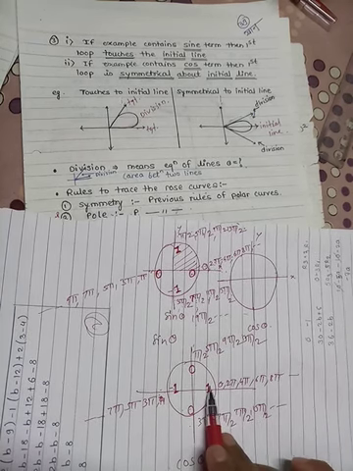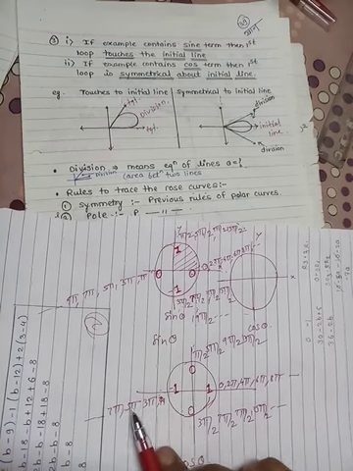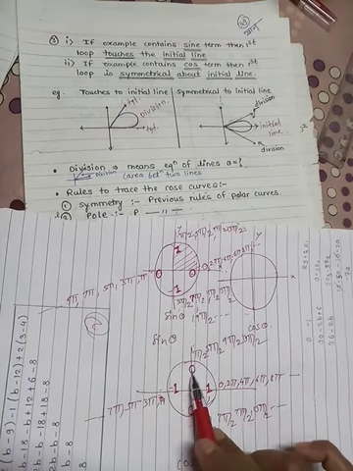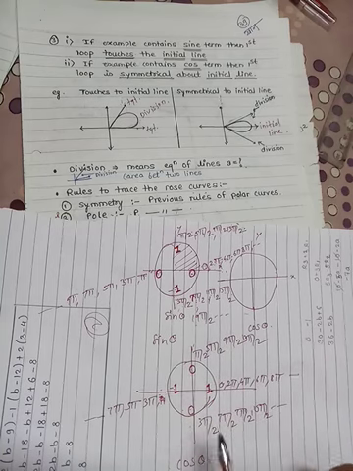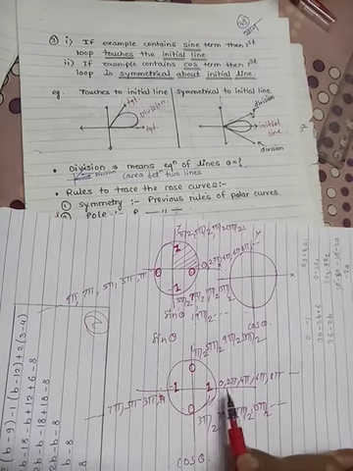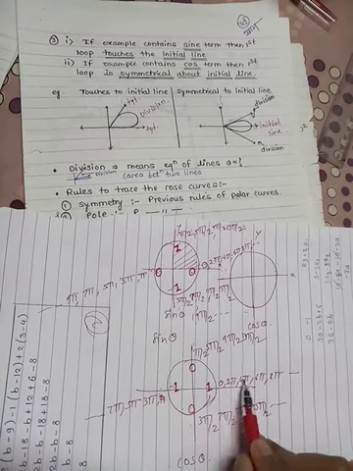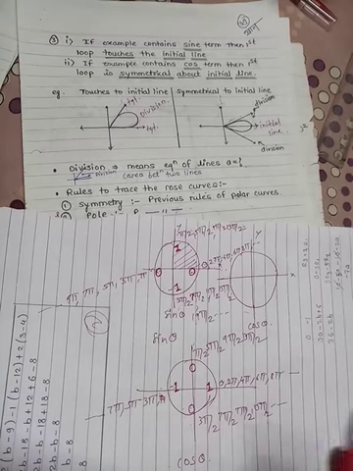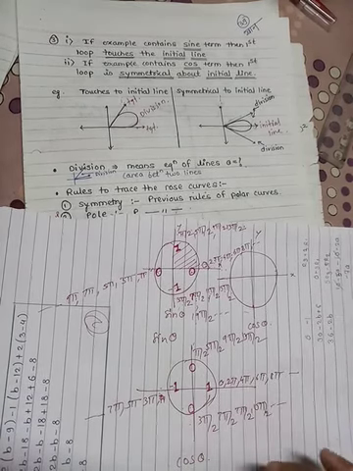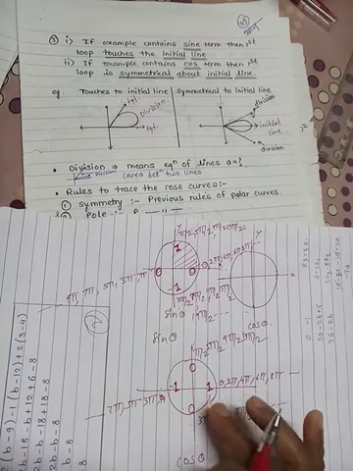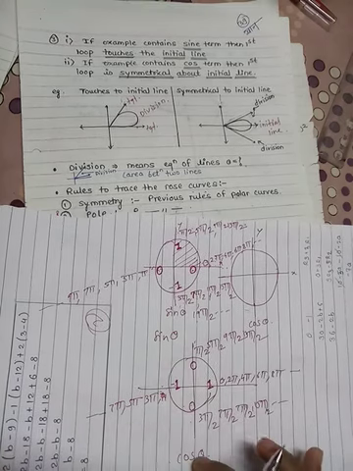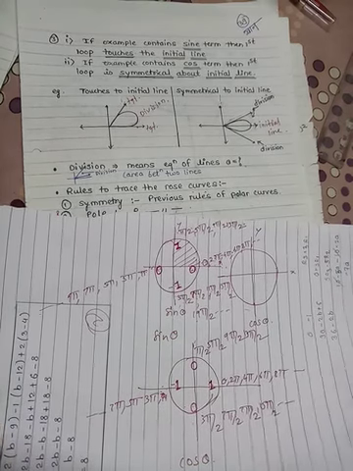So cos 0 is 1, cos 3 pi is minus 1, 5 pi is minus 1, 7 pi is minus 1. Cos 5 pi by 2 is 0, 9 pi by 2, 11 pi by 2 have the value 0, and 3 pi by 2, 7 pi by 2, 11 pi by 2, 15 pi by 2 have cos value 0. Cos 0 is 1, cos 2 pi is 1, 4 pi is 1, cos 6 pi, cos 8 pi, etc. So these are very useful formulae. Without using a calculator, we can give the answer for any sine or cos angle value.